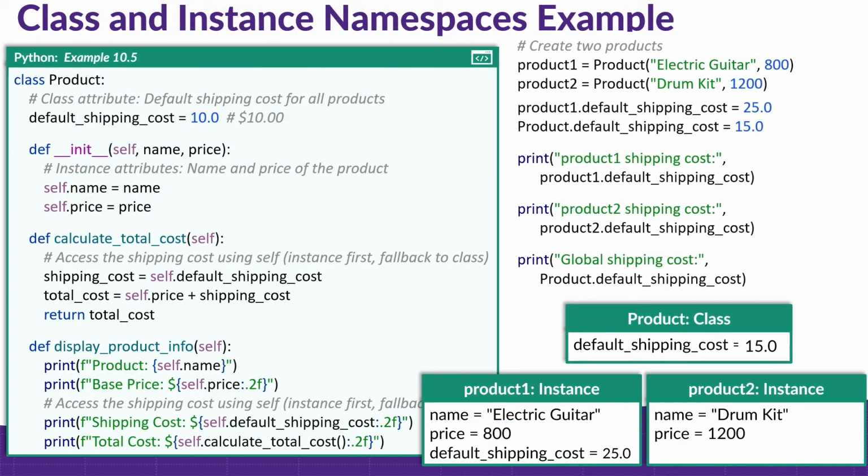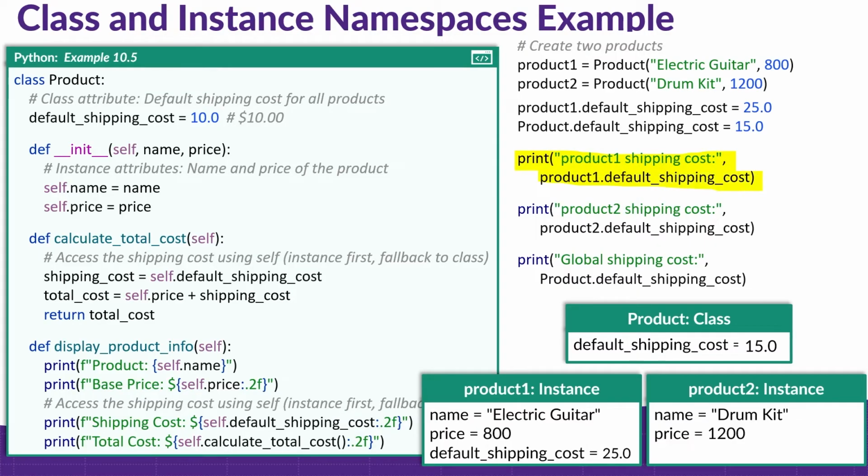Now let's see what happens when we output the value of that attribute directly. So we have 3 new print lines. The first one is going to be outputting the value of default shipping cost for product 1. The second one is doing the same thing, but for product 2. And the last one is using the class name notation to get the value of the class attribute default shipping